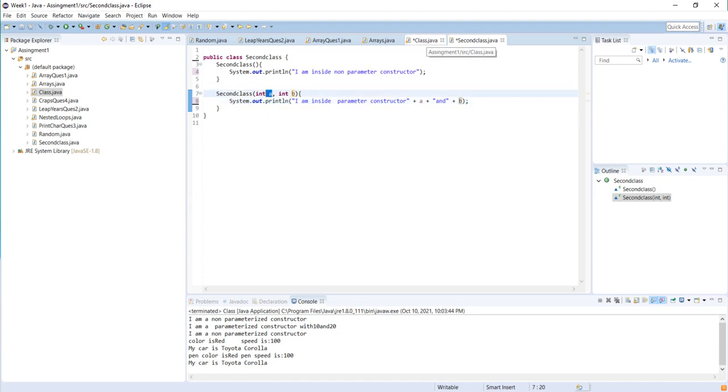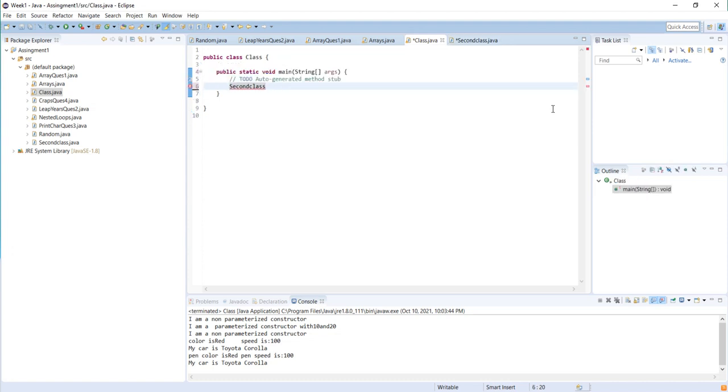I'll go back to my main class and make an object, and then I can say new Second Class to create an instance.